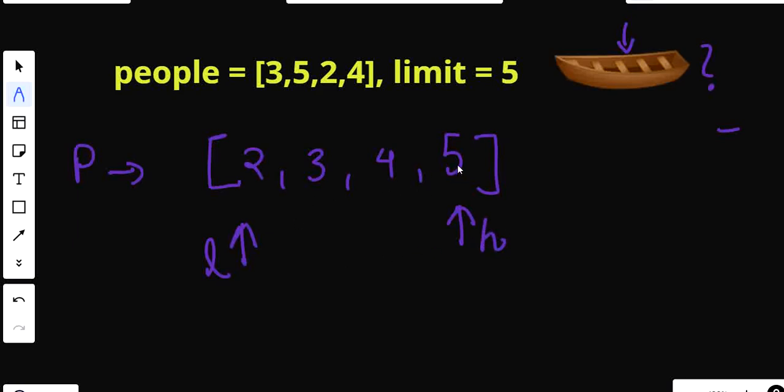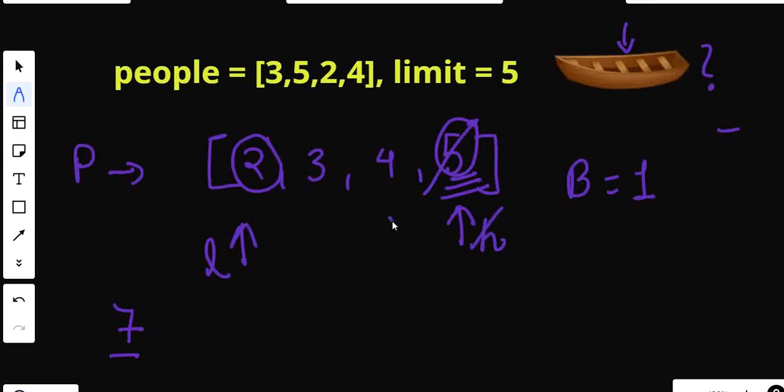So this is my lightest person pointer and this is my heaviest person pointer. Now I am seeing if I am going to add up 2 and 7, in that case my sum will become 7. 2 and 5, so my sum will become 7, which is greater than the limit. So I can't pair this heavier person with the lighter person. So what I will do, I will assign this heavier person one single vote. So my vote count will become 1. And now my heavier pointer will be at this place, at 4.